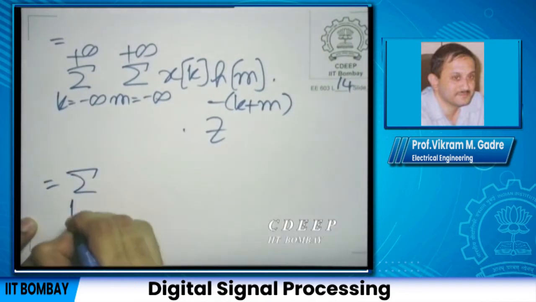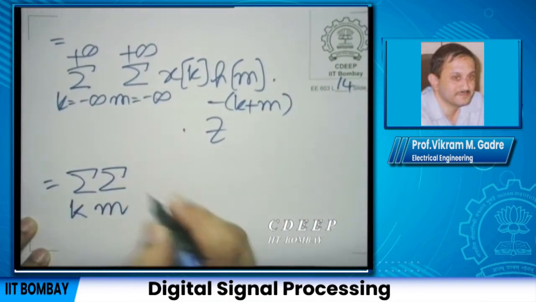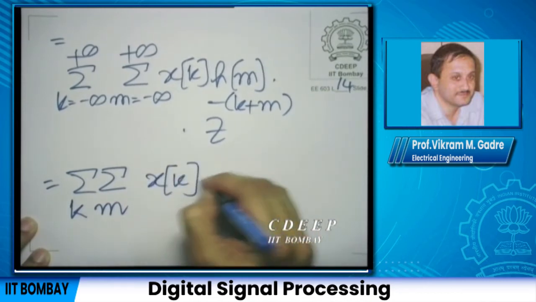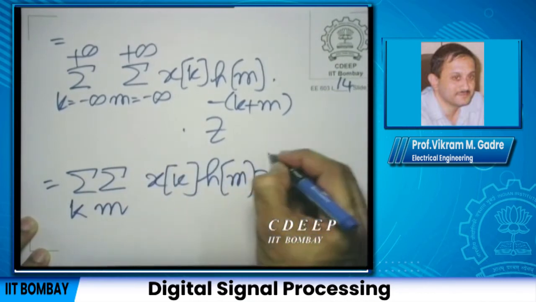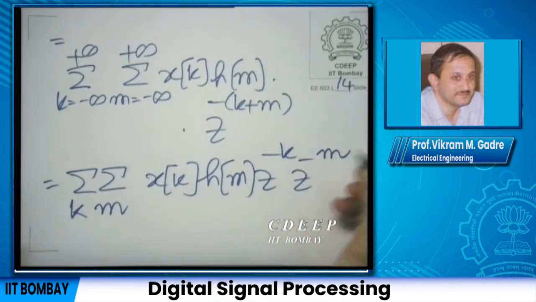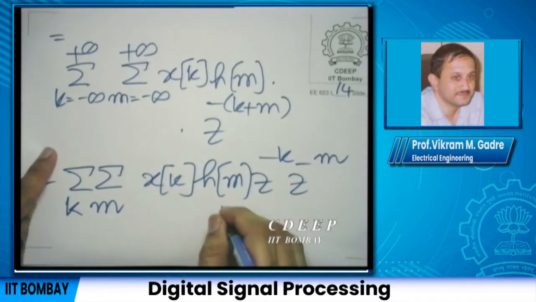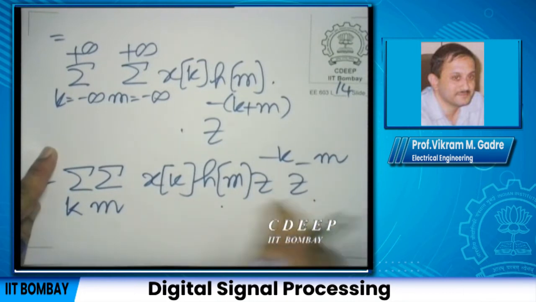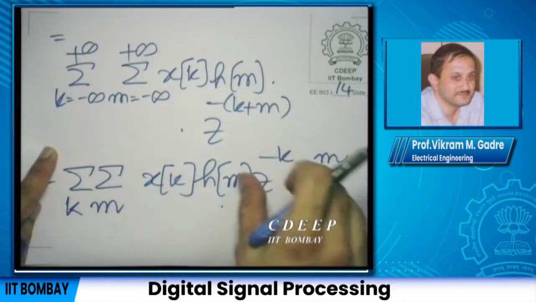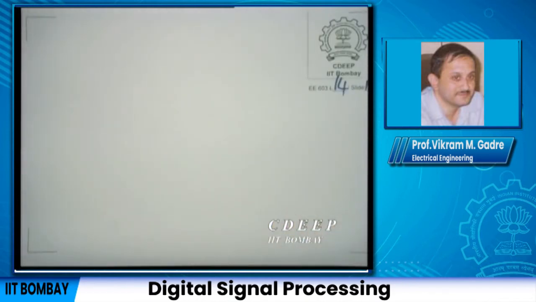That becomes summation of, I am not writing the limits every time, they are understood, h m z raised to the power minus k z raised to the power minus m. And now we notice something very interesting. There are terms that depend only on k, there are terms that depend only on m. So, we can act summation m on the terms that depend only on m, and that leaves us with, you see, what I am saying is, we could take this term and operate the summation on m on them, that gives us a quantity independent of k. So, that leads us to